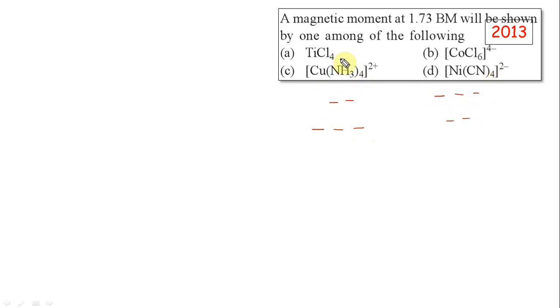So if it's a 6 coordinated complex, I can have one unpaired electron this way, or I can have one unpaired electron this way. So it can be a d1 or a d7. Okay. For tetrahedral, it has to be this d1, because in tetrahedral you don't pair. You only get d1. So try to find out which one it is. I'm not telling you the answer, that way you can practice it yourself.